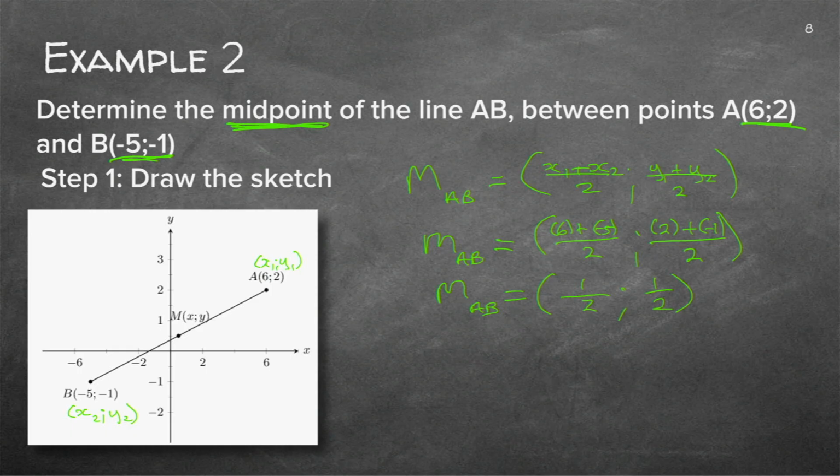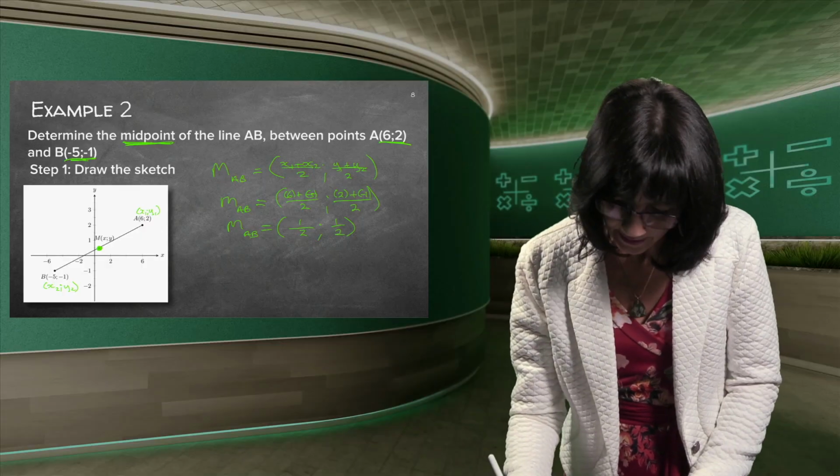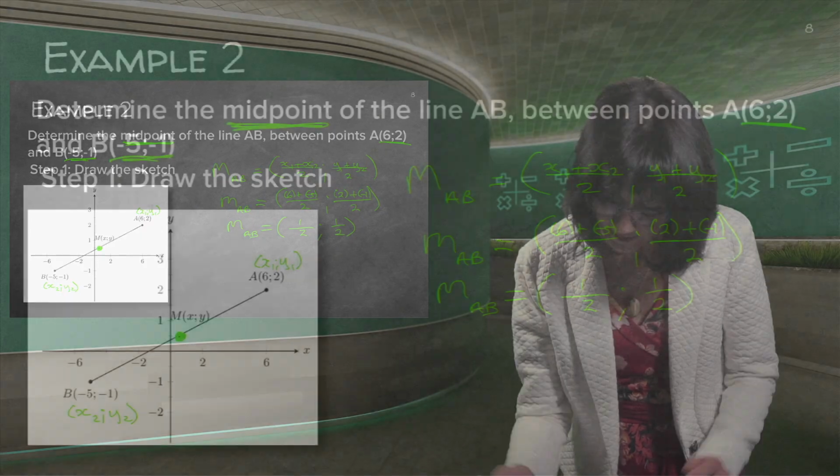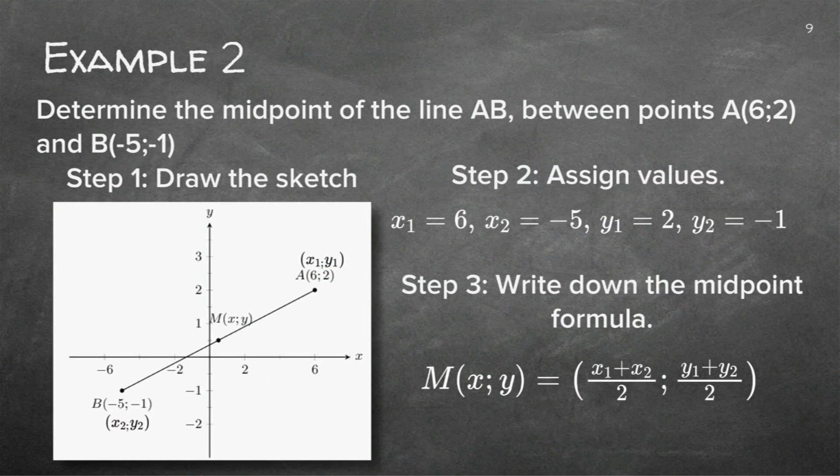And I'm going to check my sketch. Is it possible for that value there to be a half and a half? Yes. It's on the right-hand side of the y-axis and above the x-axis. It's very close to 0. So it is possible. If they ask for a specific point, they did not say a specific point, they just said the midpoint. So this will be my midpoint. Now I'm not going to take off this one, because if you look at the next answer,